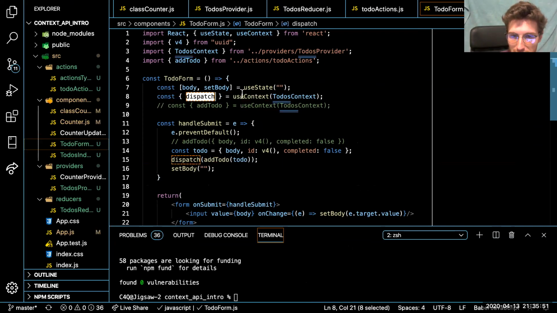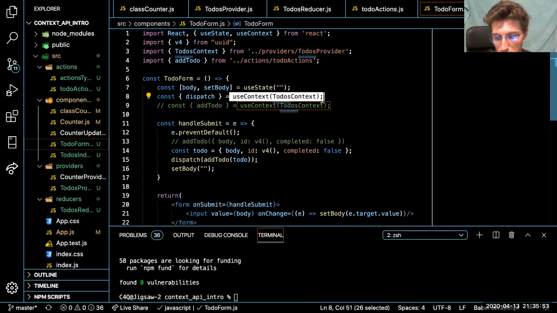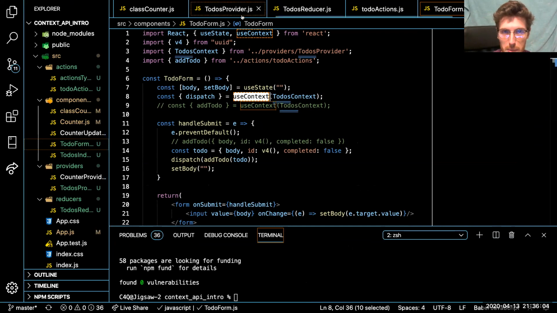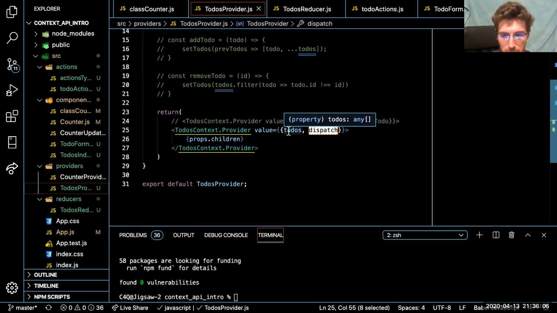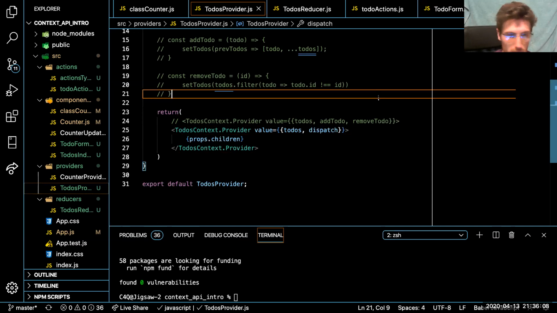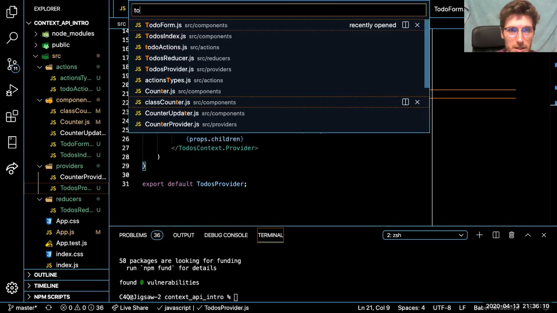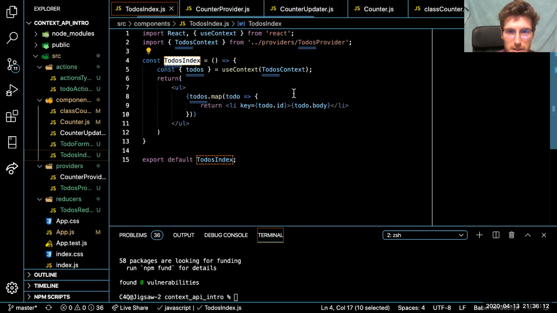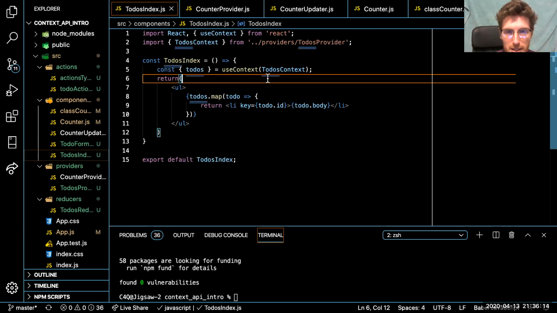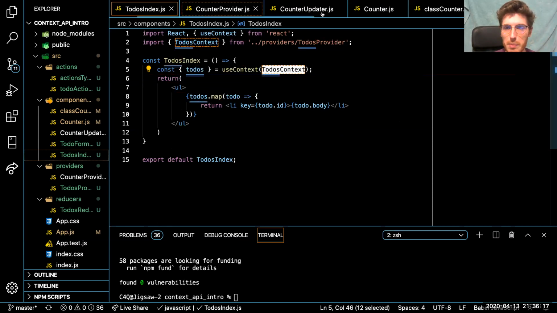Dispatch, we're just pulling it out of useContext now instead of useDispatch, and we're saying what context we want. Remember, we can also still pull out our todos in there because those are the two things our provider's passing us. It's providing us our todos and our dispatch. So in our todos index, we still can pull out our todos from our context. And in our provider, though, now,